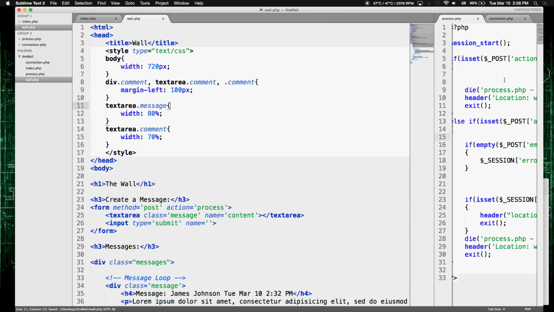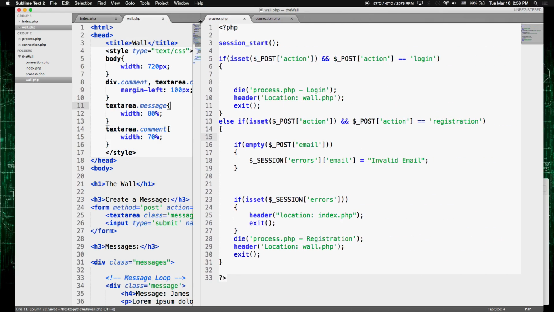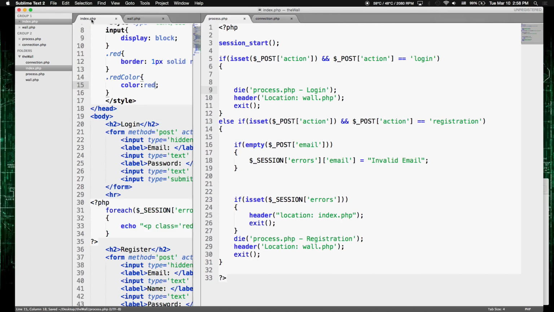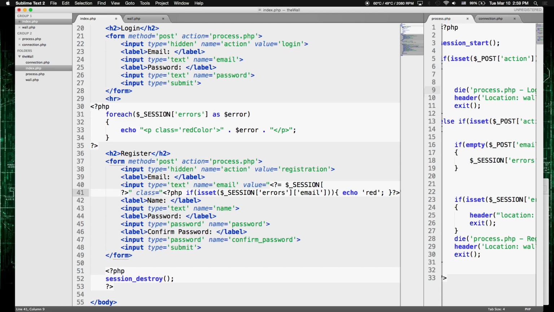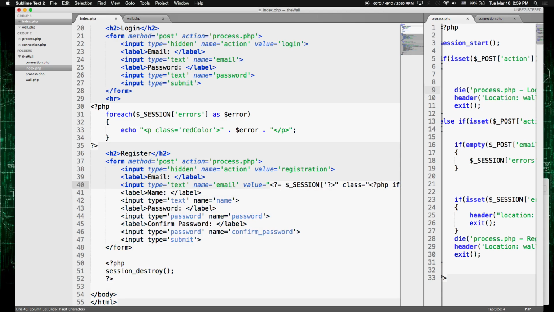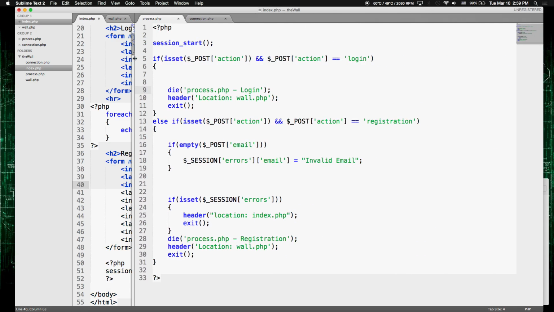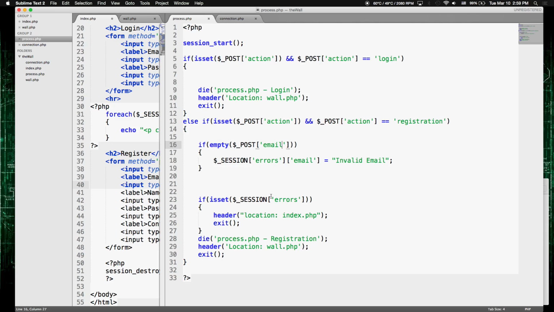So when I go to my process and I session a bunch of information, I have that content in session still here in my index page. Before I unset it, I can set a value equal to the PHP print of each one of those specifically. Actually, I haven't sessioned that information, have I? So in process, before I redirect,